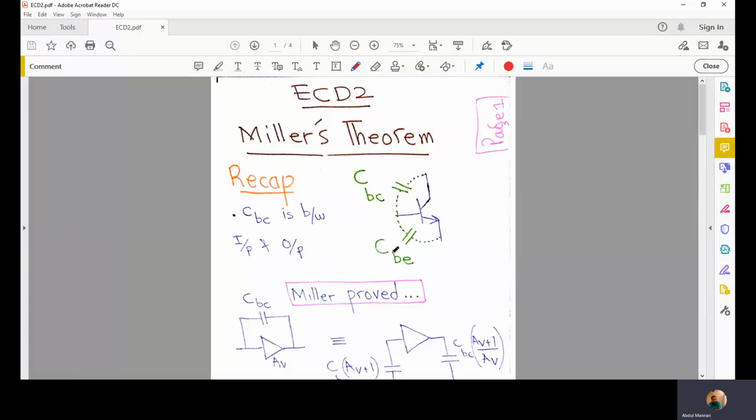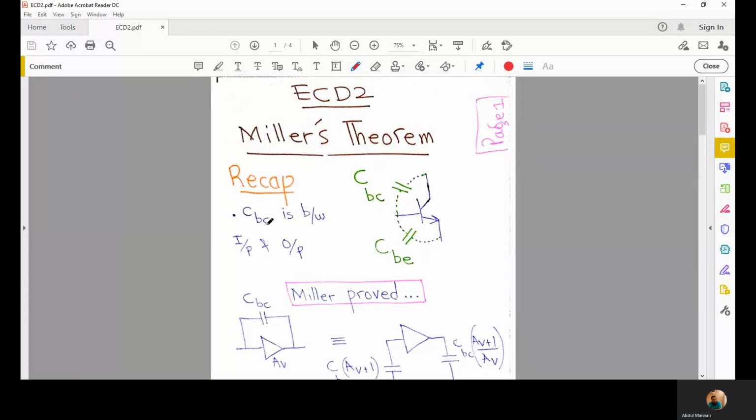One capacitance is between the input terminal and the common terminal, the emitter. It is also called the input capacitance. And CBC is the capacitance between the output terminal, the collector, and the input terminal, the base. We also studied a common emitter based amplifier in our last lecture, and a few basic things about